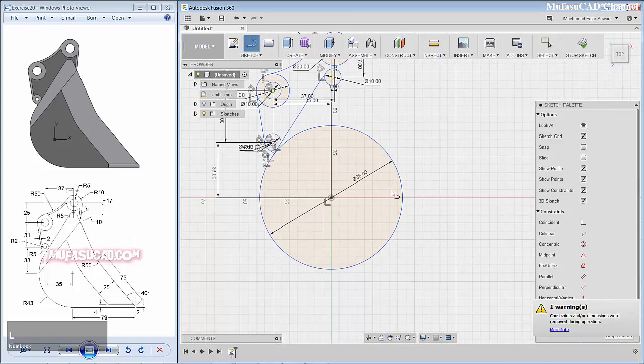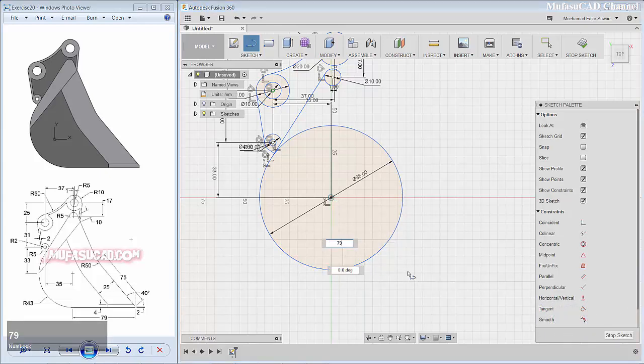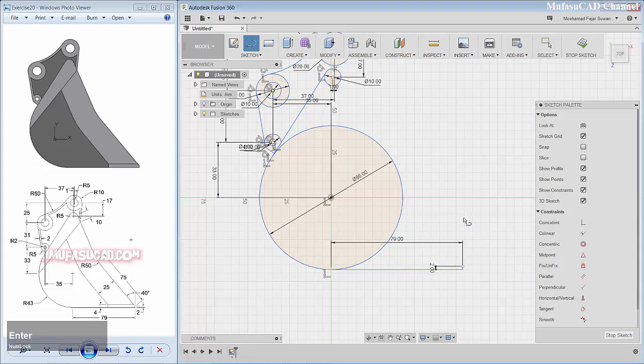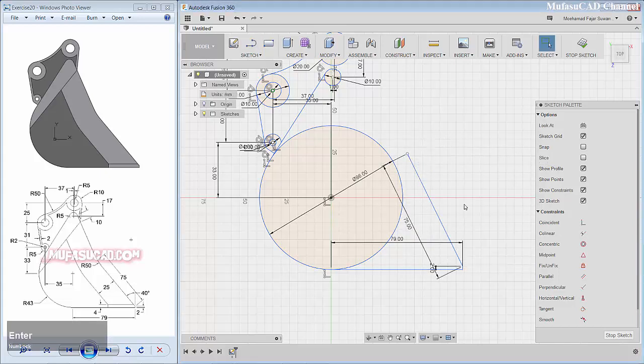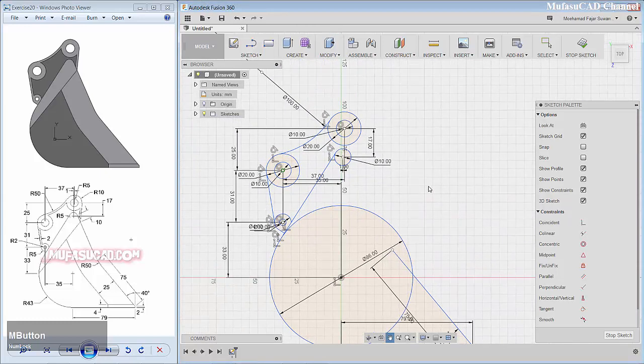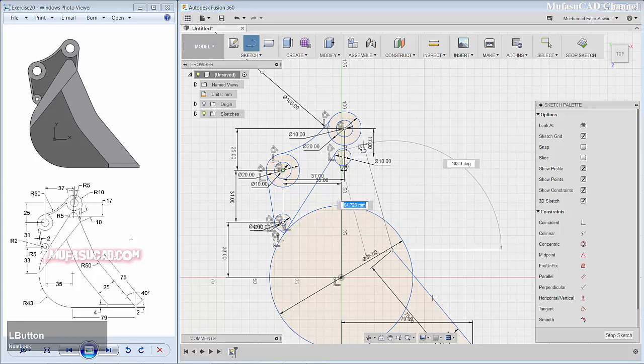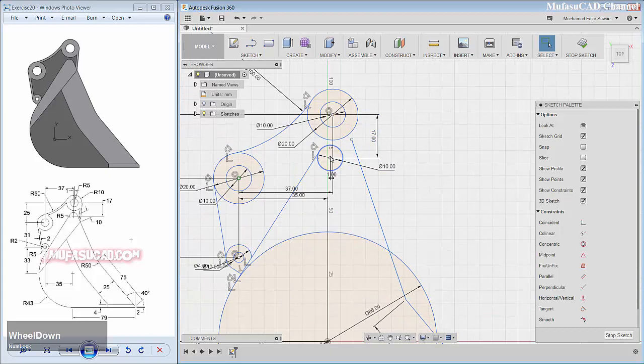Next, we create a line object from this point to the right here 79, and create a line from this point to the top 2. Okay, and then we create a line from this point to this direction 75, and enter. Okay, I will give a degree in here 50. Okay, and then I will create a line from this point to this point. Okay, right click and okay, I will select this point, right click and fix or unfix.